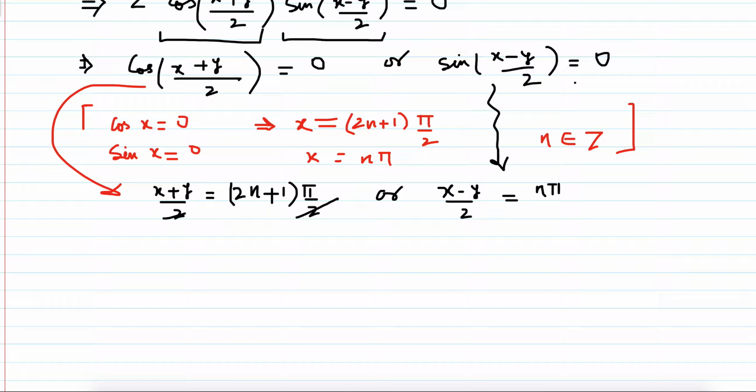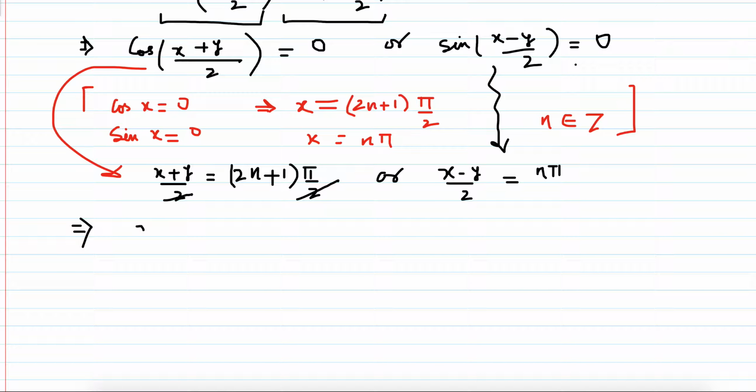So we can cancel these two. So what is x here? x is 2n plus 1 times pi, and y comes to the right hand side, and the second part is x is equal to, 2 multiplies here, so it becomes 2n pi plus y. So x is either 2n plus 1 times pi minus y,